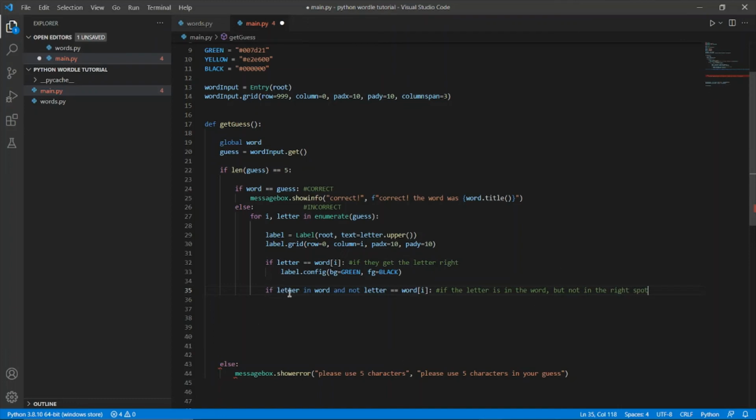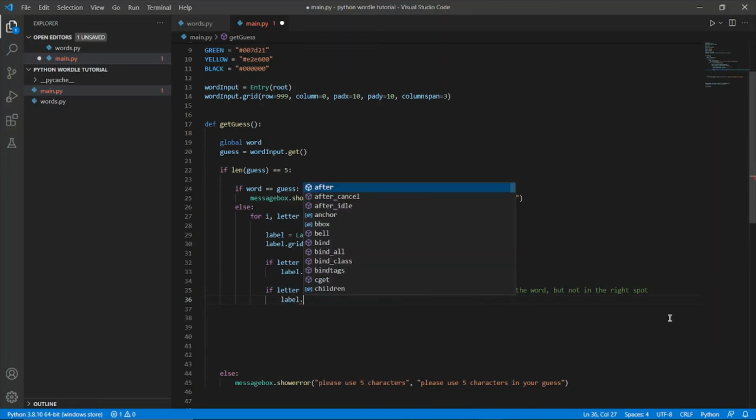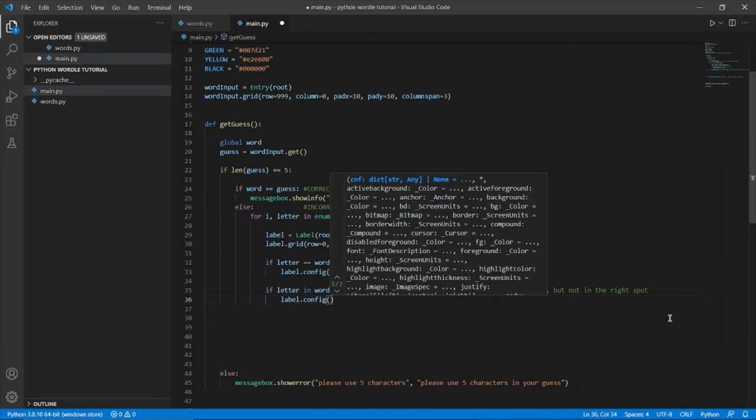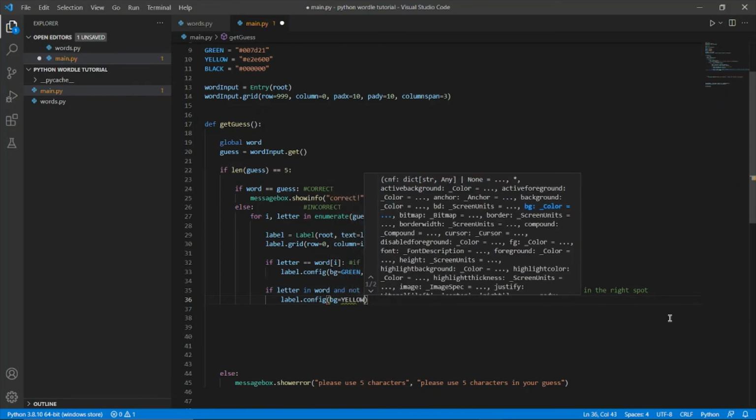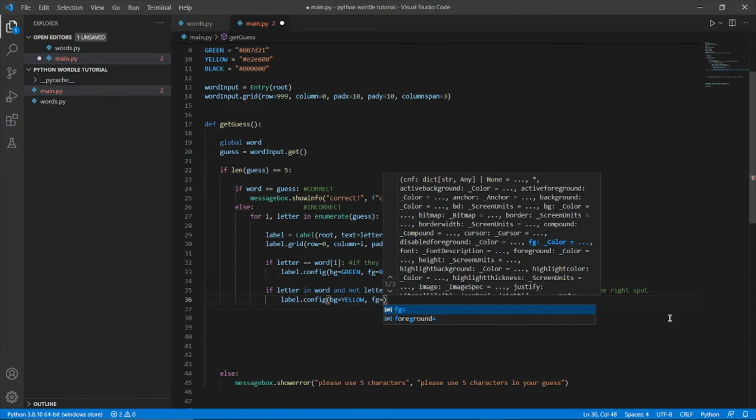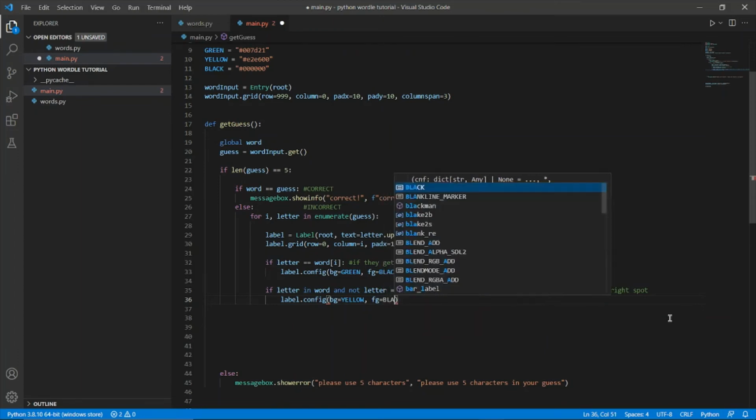So we're saying if the letter is in the word but the letter is not at the specific point that we're looping through, we're going to say label.config background equals yellow, foreground equals black,